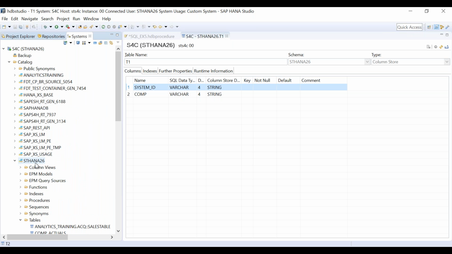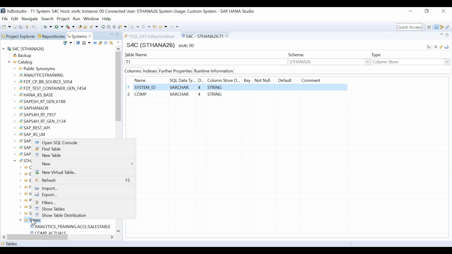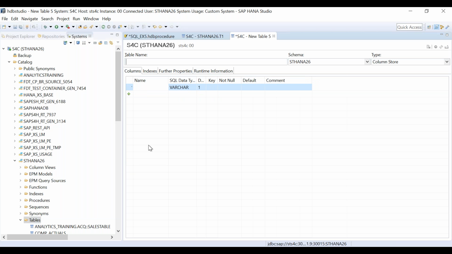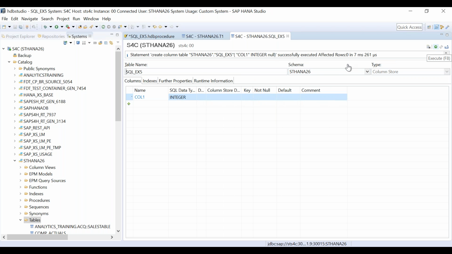Okay, let's create one table very quickly. Let's not wait. Catalog table I am creating. Click new table, and I will write, for example, SQL example 5 because this is where I'm going to use it, and I will write it here as column 1. Here it will be integer, I will make it as integer as the column data type. Done. Very simple example, and simply save it. Done. So create column table is done.